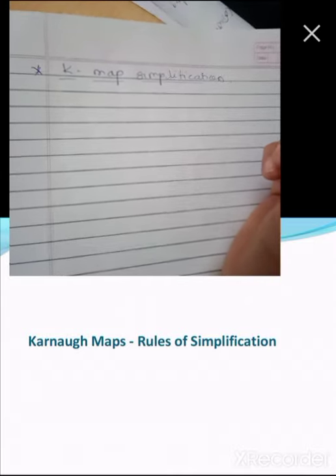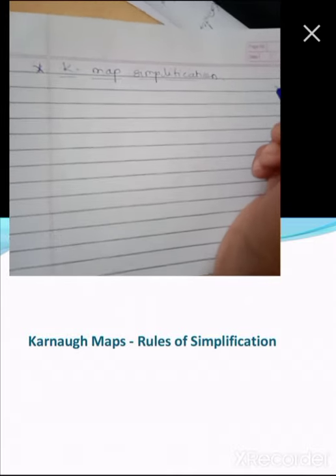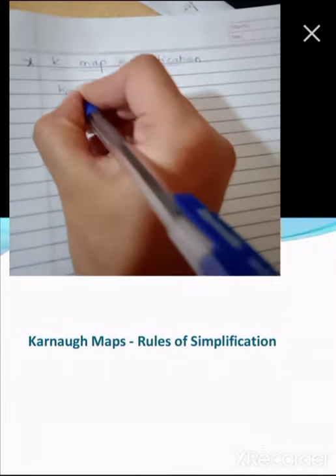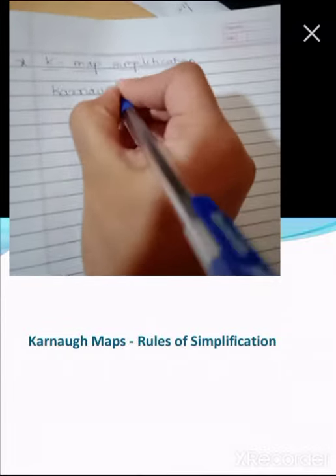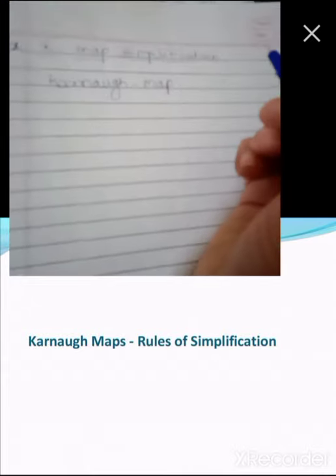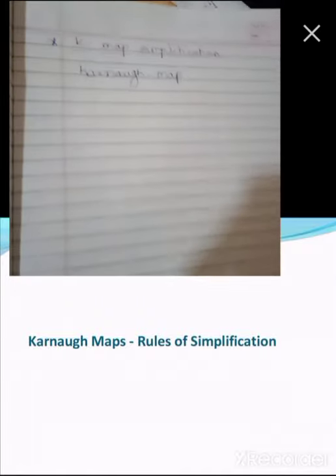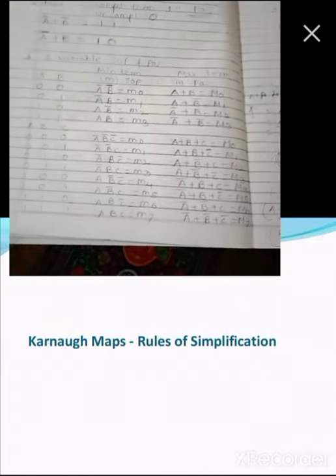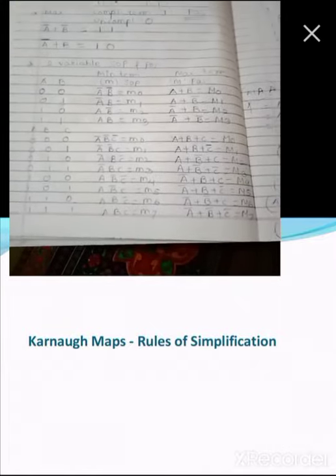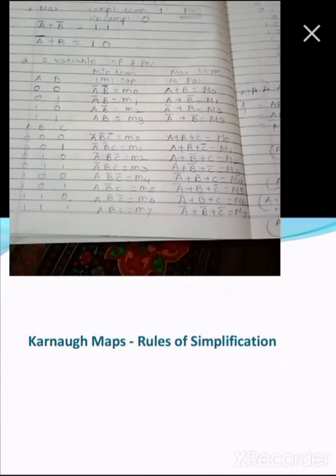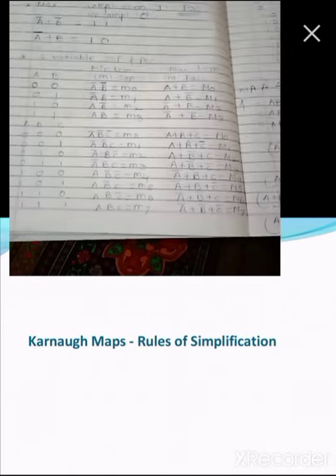So K-map is another technique to reduce a given Boolean expression. K-map means K stands for Karnaugh map. Now what do you mean by K-map or Karnaugh map? In yesterday's lecture, we have seen how to design two variable, 3 variable and 4 variable SOP and POS form tables. In that, we have seen how to take a complement and uncomplement form for a SOP and POS.